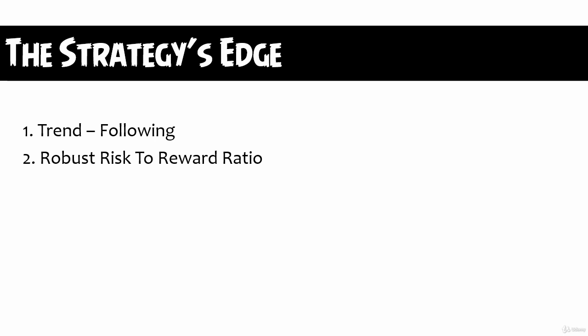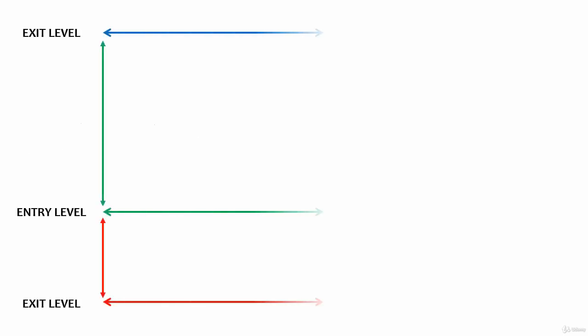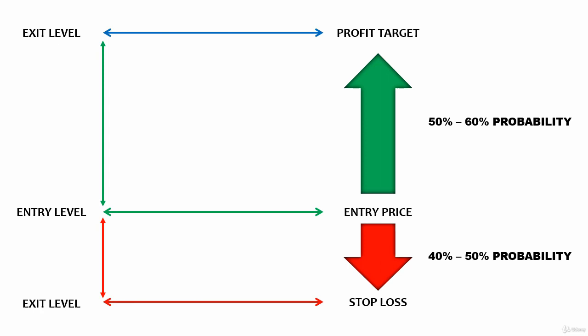This strategy only allows us to take trades in the direction of the market's prevalent trend. The reason why it does this is simply to give us a higher probability of winning when we trade. Remember when I told you that in an uptrending market, the chances of price moving higher and higher to form higher highs and higher lows is much higher than its chances of moving lower to form lower lows and lower highs? Well,